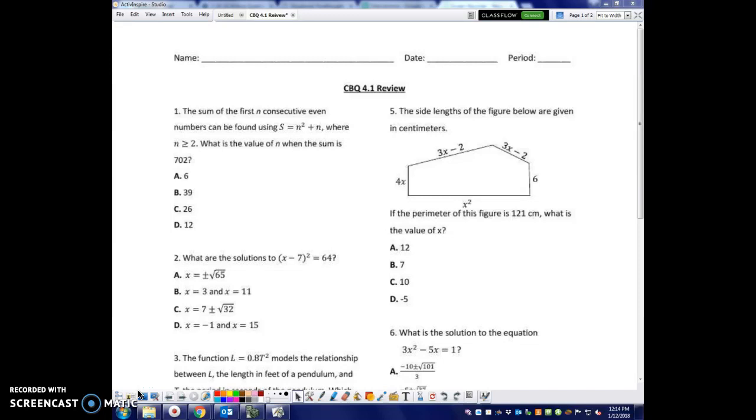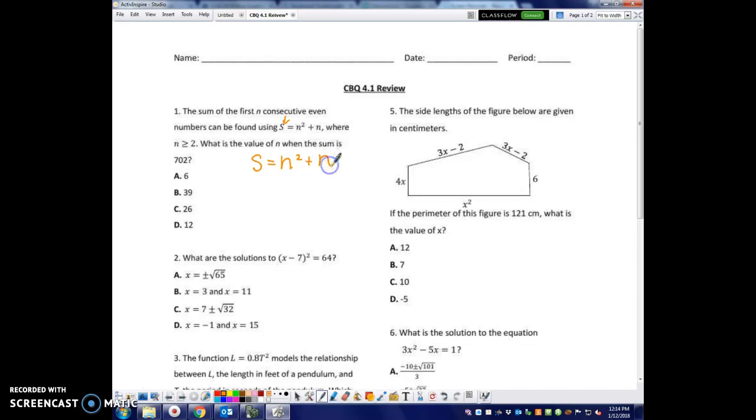Okay, question number 1. The sum of the first n consecutive even numbers can be found using s equals n squared plus n, where n is greater than or equal to 2. What is the value of n when the sum is 702? So the sum in this problem is this s. Okay, so if the sum is 702,